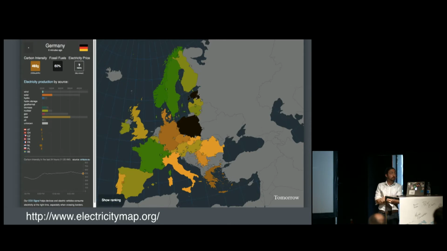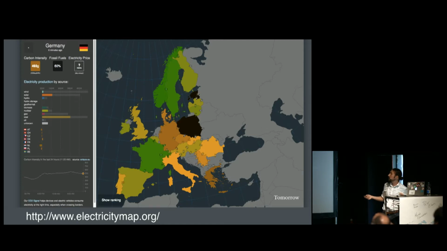However, because you don't have control over how green the infrastructure is that makes up the internet, sending data can result in wildly differing amounts of CO2 emissions, depending on where these servers are. This map, electricitymap.org, is an open source project, which shows real-time values of the CO2 intensity of all these different countries and who's selling energy to whom. So this will show you how green the energy is that you're using, in real time. It's a really cool project and runs on Python.